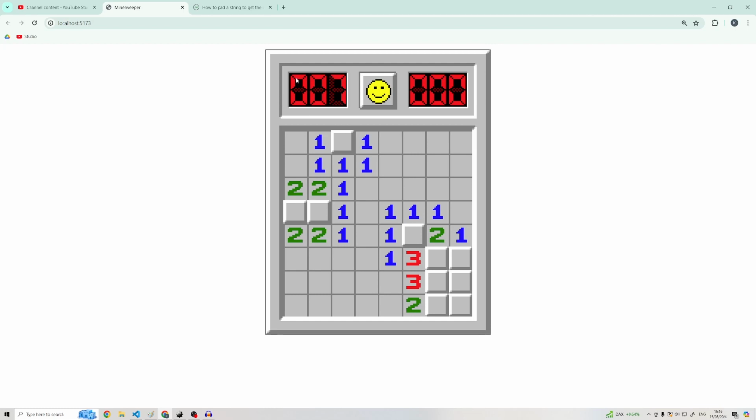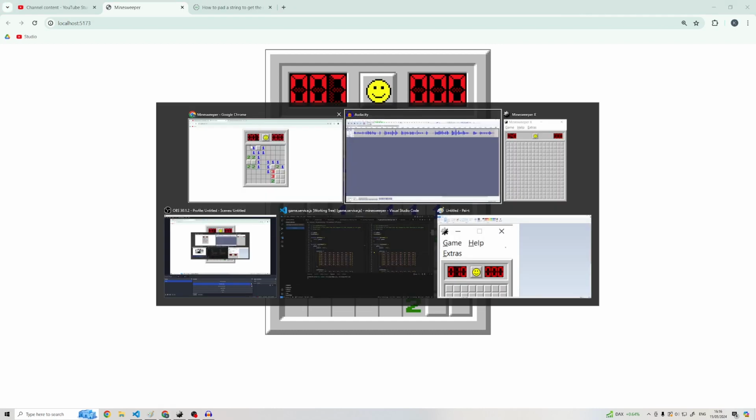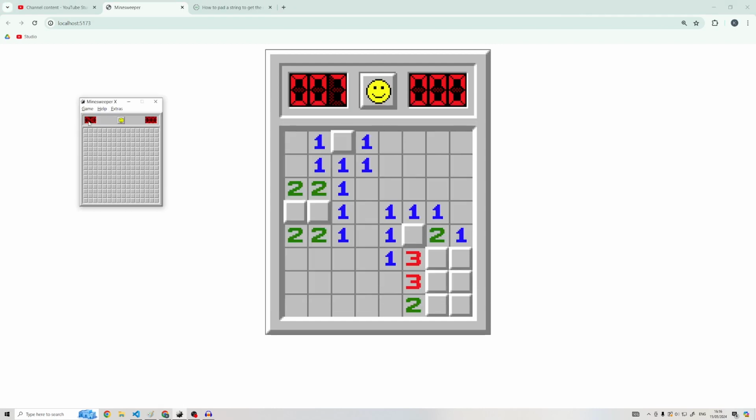So this is supposed to be the counter for the bombs. See, in the original game, you have a counter of how many bombs there are. And when you flag cells, then the counter goes down. And this is supposed to be a timer that starts when you uncover the first cell. So for now, as you can see, this bomb counter and this timer don't work, but they